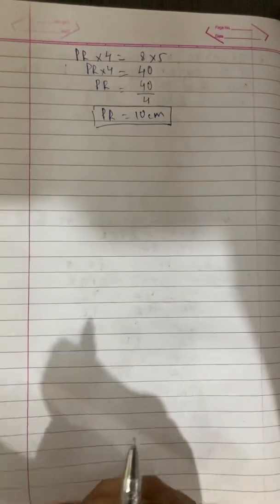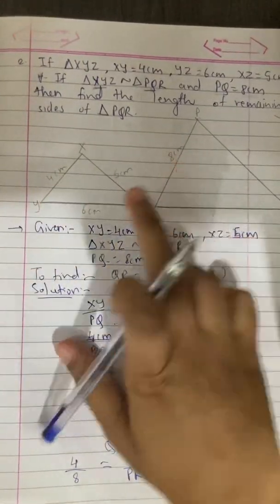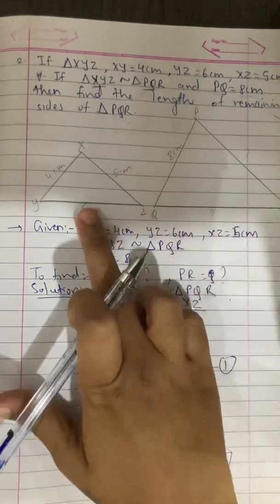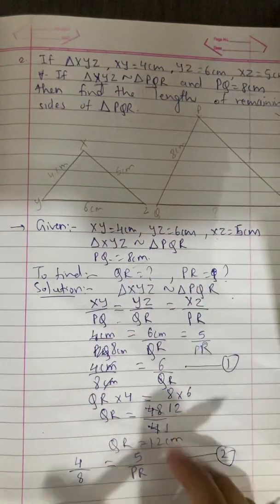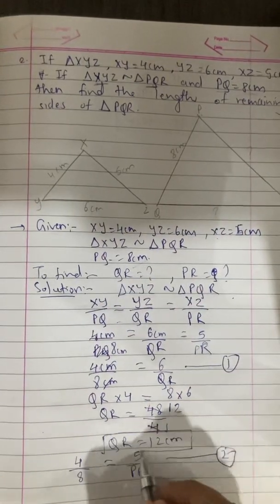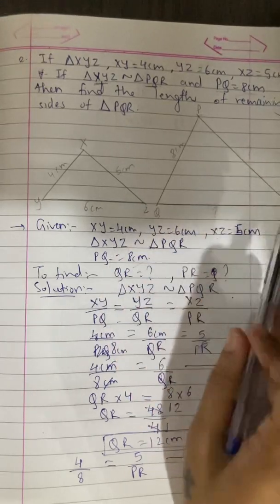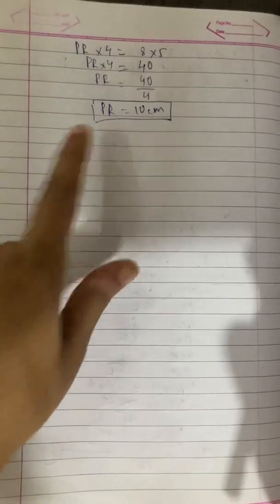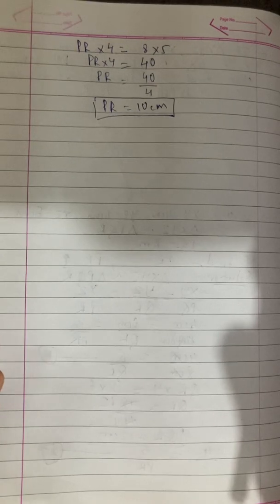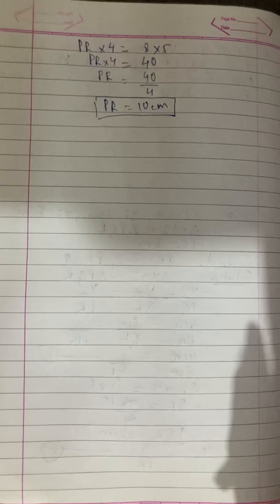ओके सो जब प्रपोर्शन में रहता है तो डेफिनेटली 4 का डबल क्या था, 8. सो डेफिनेटली यहाँ पे जो हम लोग का आंसर मिलने वाला था दैट वुड हैव बीन डबल ऑफ 6. सो डबल ऑफ 6 इज 12. सो सी वी गॉट योर 12 सेंटीमीटर QR. और यहाँ पे 5 सेंटीमीटर था तो उसका डबल क्या मिलने वाला था PR. इट वुड हैव बीन 10 सेंटीमीटर ओनली एंड वी हैव गॉट दैट आंसर. It was 10 centimeter only, which the answer that we have obtained. All right, so this is how we solve the similar triangle sum, which is very easy.